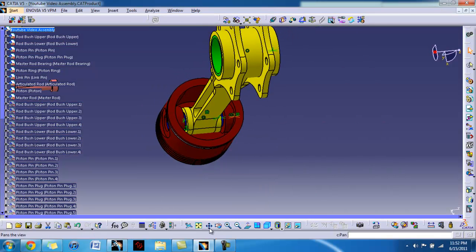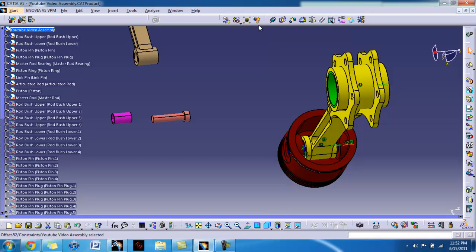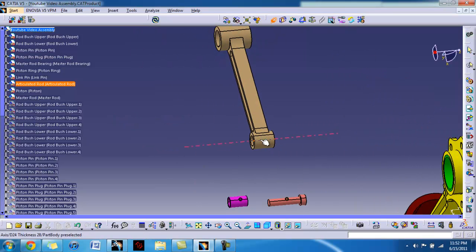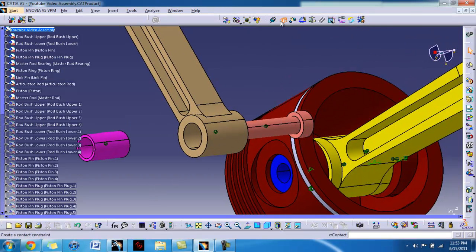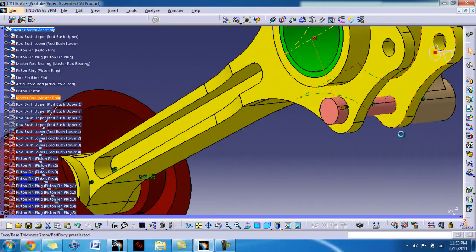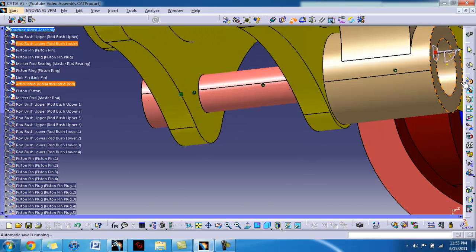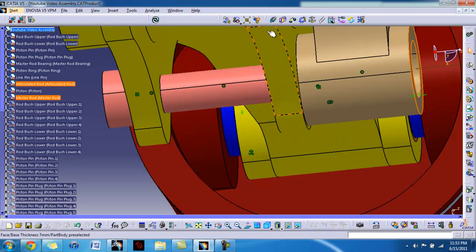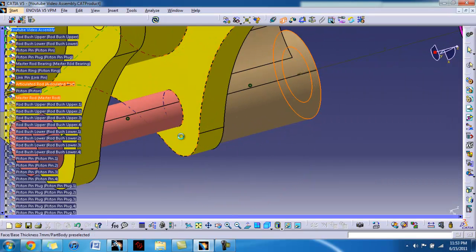and you hit update. So we're going to zoom back out, find the rest of our parts. Coincidence once again between here. Now we want this axis. Coincidence between this part and here, and coincidence again between this part and here. It has a contact constraint, so we're going to get this surface to this surface and hit update. And now I'm going to do an offset between here and here. This has an offset of 2, and then this surface has a contact constraint to this surface, and we should